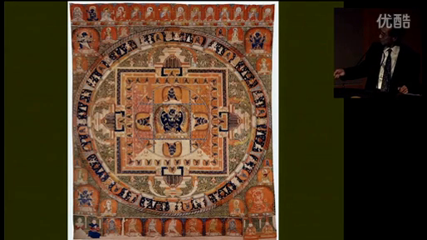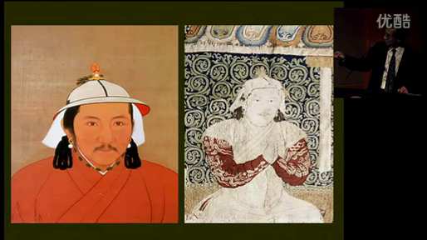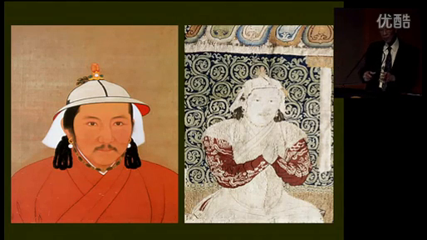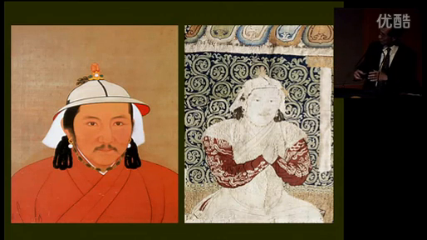And this probably was made for one of those occasions, and you have the two emperors, Tuk Timur and his elder brother Kokshila, and the two wives. And you can see that this is the painted portrait of Tuk Timur, and this is his woven portrait, although a tiny one, but you can see what it is like to have a woven portrait, because the